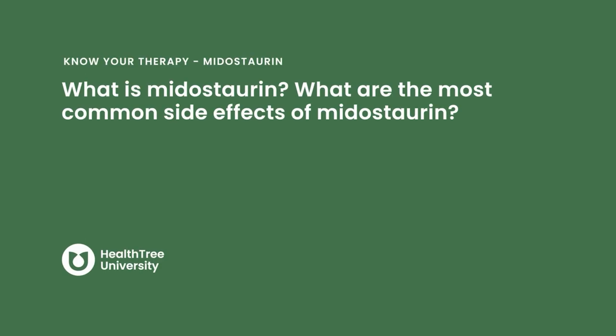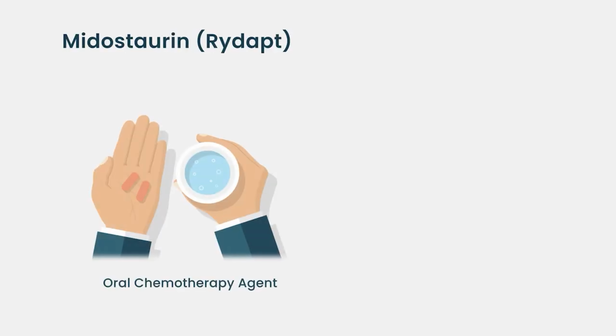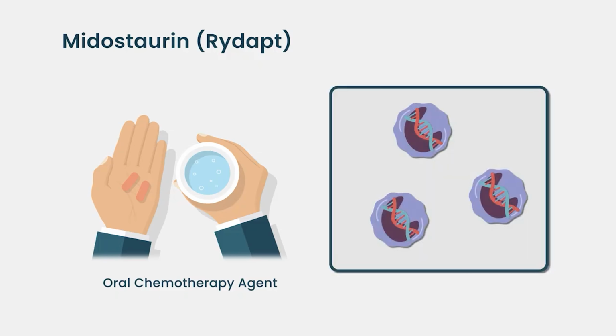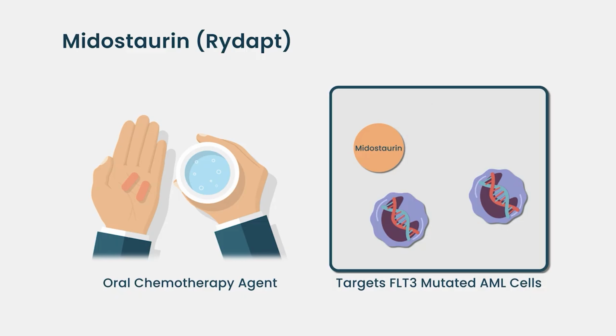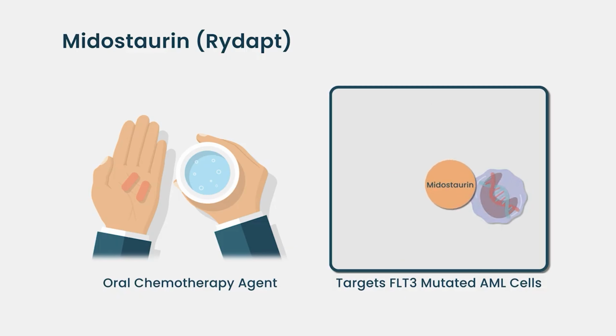What is midostaurin? What are the most common side effects of midostaurin? So midostaurin is an oral chemotherapy agent. It specifically comes under the umbrella of targeted therapy because it targets a mutation found in roughly 30% of cases